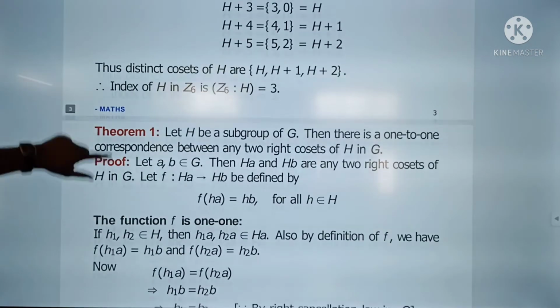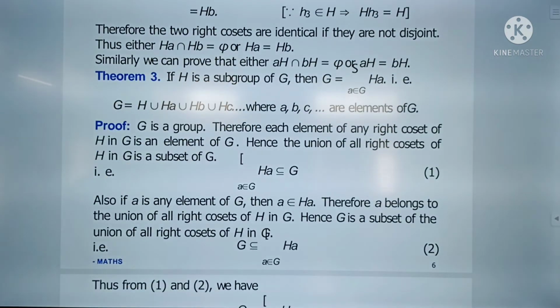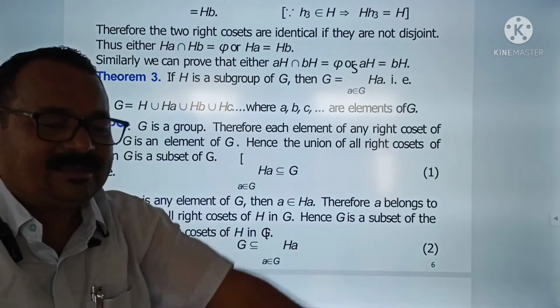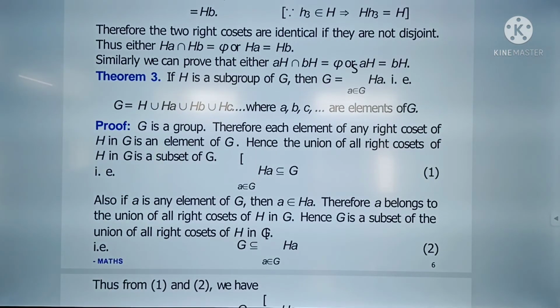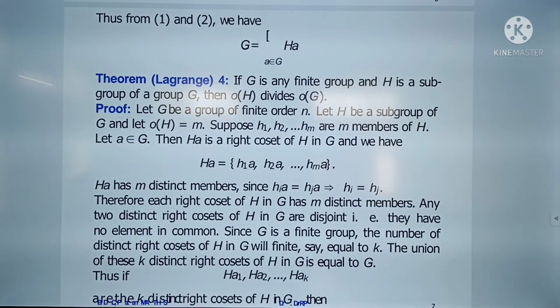We turn towards that theorem. See, what is the theorem? H is a subgroup of G, then G means the union of all these left or right cosets of H in G. Okay. Then there is one more theorem called Lagrange's theorem. If G is a finite group and H is a subgroup of G, then the order of H divides the order of G. Very important theorem. If G is a finite group and H is a subgroup of G, then the order of H divides the order